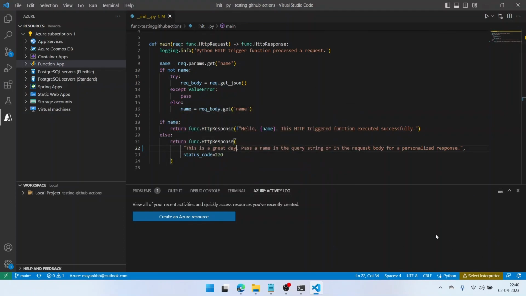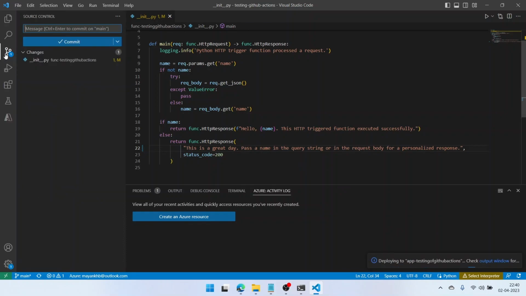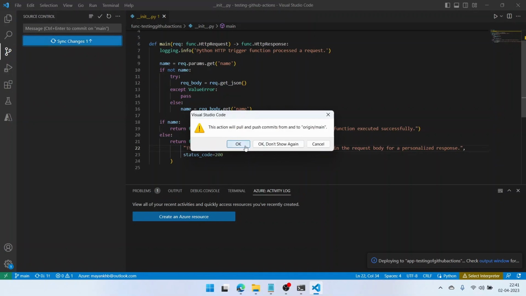And then again wait for a few seconds for the deployment to be completed. And since we are using source control, a Git repository, we need to push those changes to the GitHub repository also. So again, come here, click on save changes, enter your message, change the trigger line, commit, and sync changes.